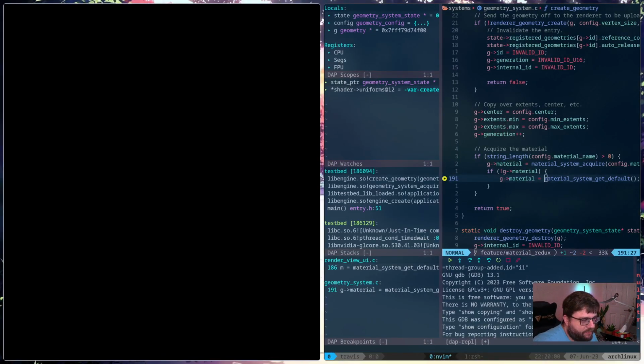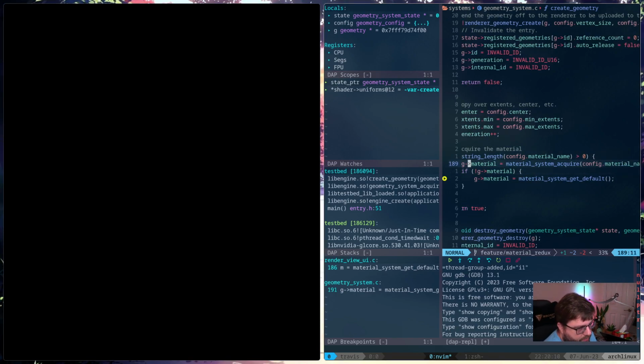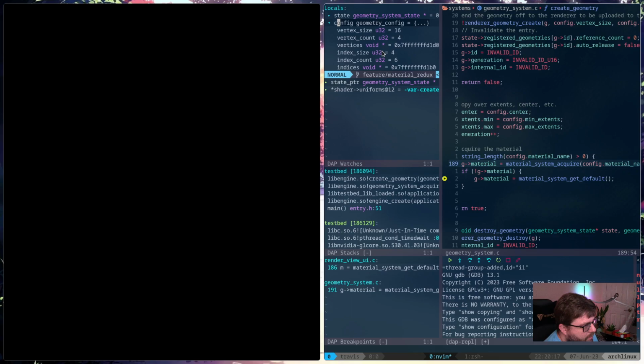And that's what we're hitting. That's where it's coming in. Okay. So, our material system, our config material name, is what? Test UI material. And for some reason that has failed.